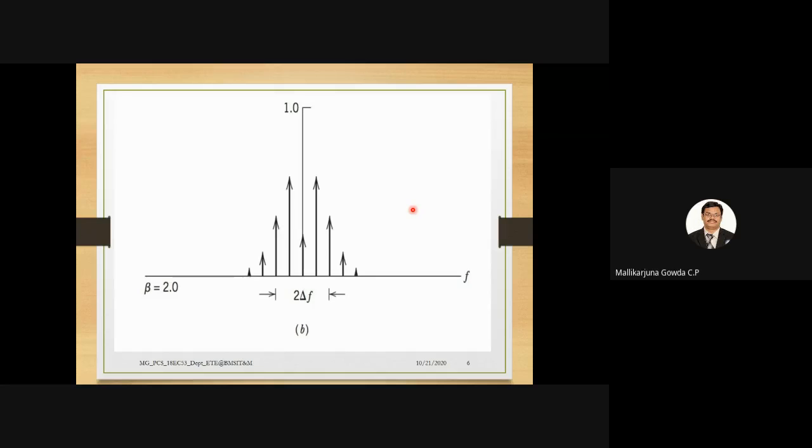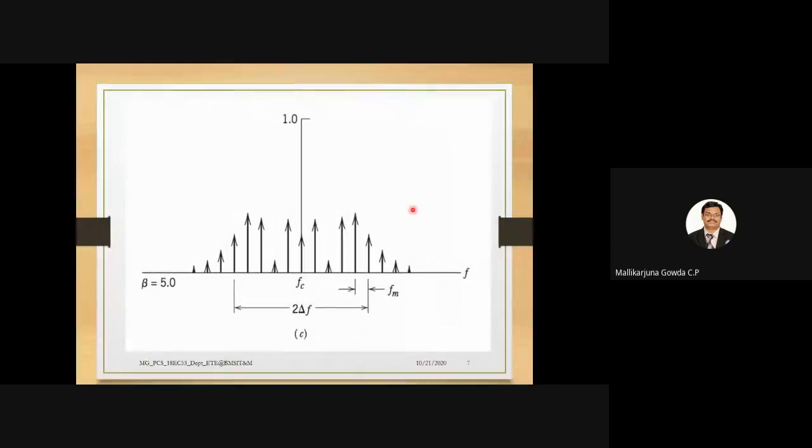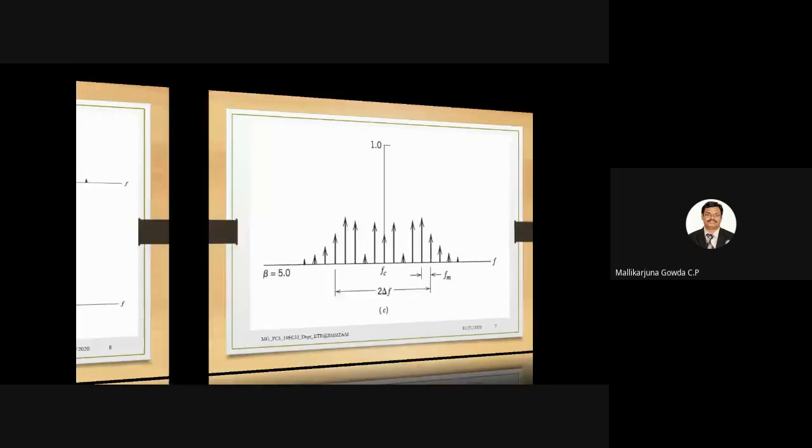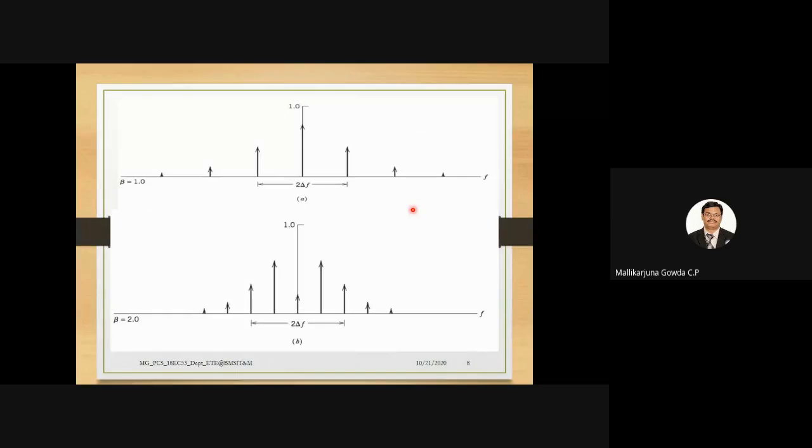Have you noted these 3 things? Yes, sir. So I will go to the next one. Next, 3 more figures. This is the graph which shows the variation in the frequency of the message signal, keeping the amplitude of the message signal constant. So what is the difference you are finding? Is it possible to make the difference?